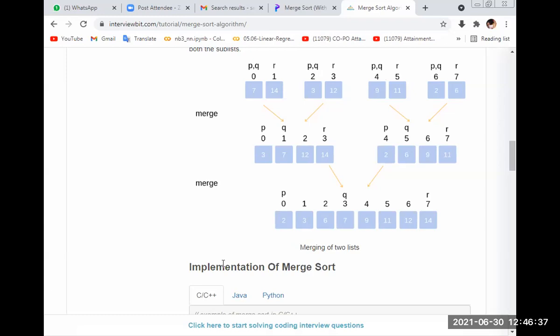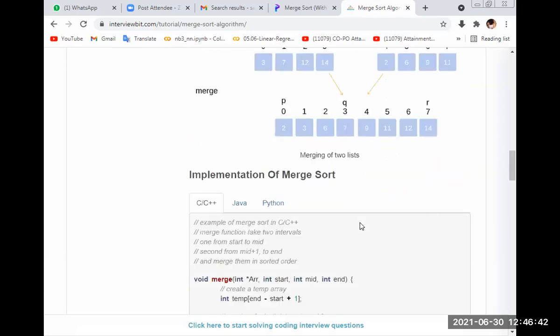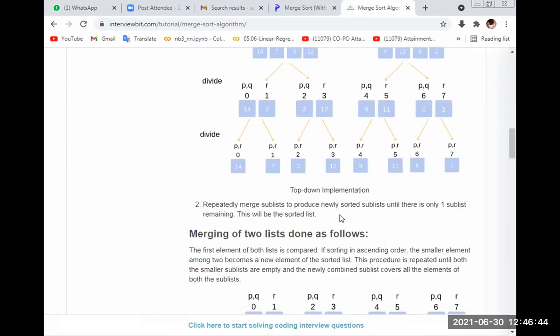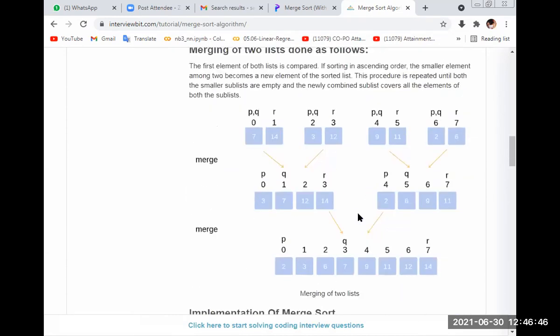This is merge sort. Okay, clear? Or any doubt?